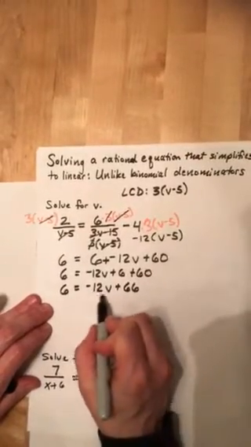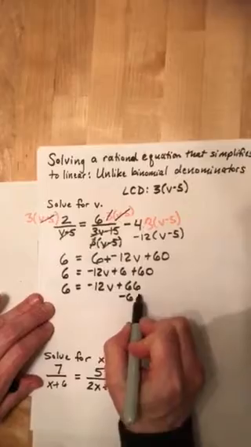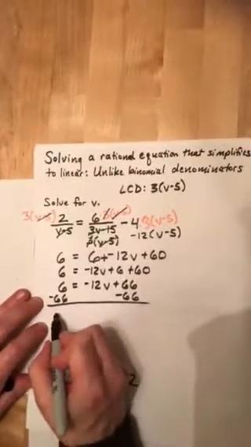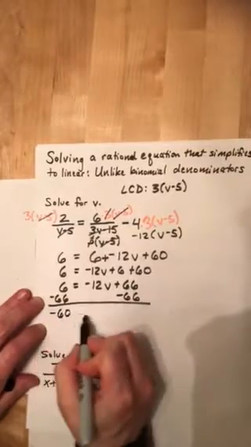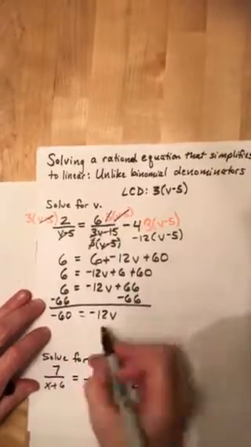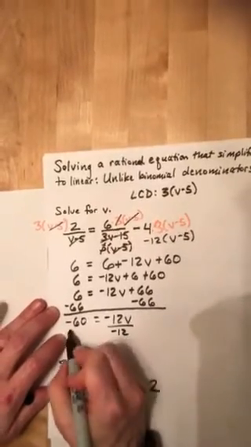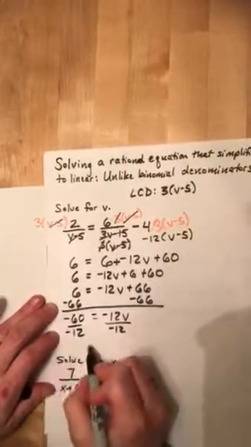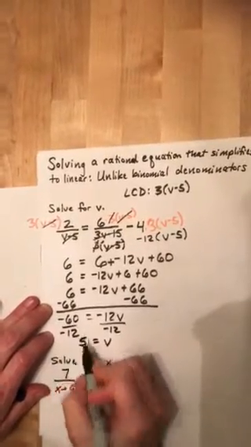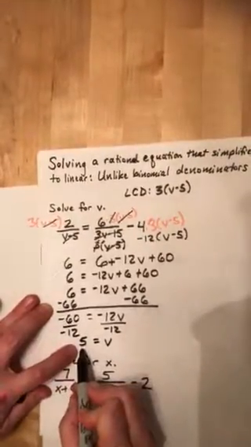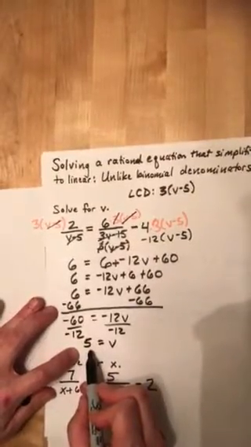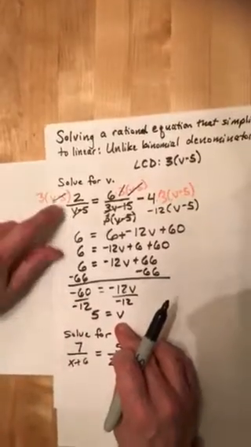Okay, I'd like to get the negative 12v alone, so let's subtract 66 from both sides, leaving me with negative 60 on the left-hand side and negative 12v on the right-hand side. I'll divide both sides by negative 12, leaving me with just v on the right side and 5. So a potential answer would be v equals 5,